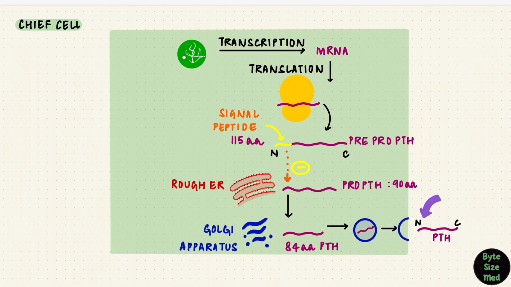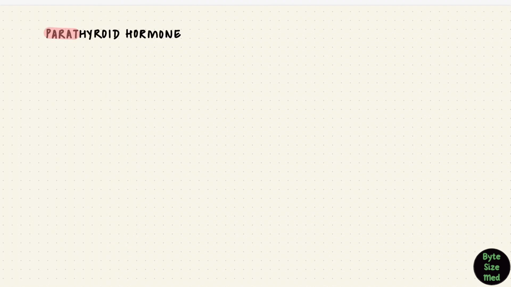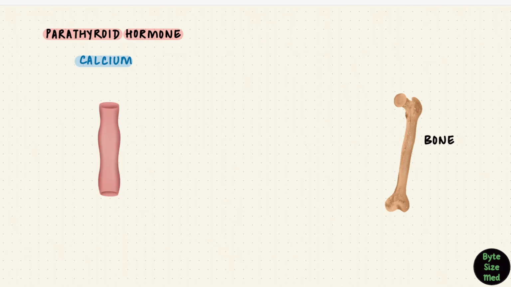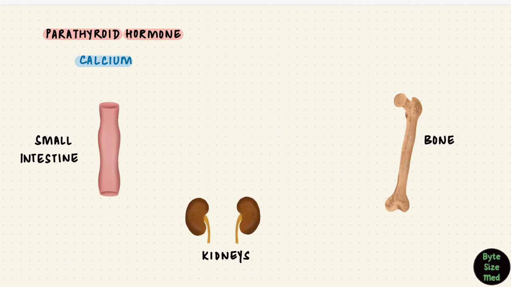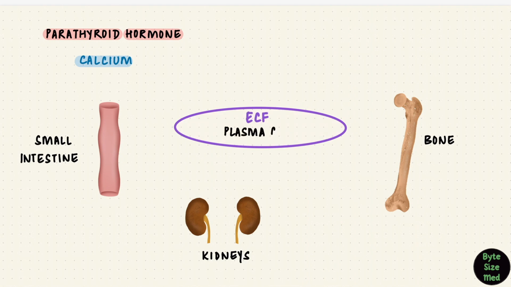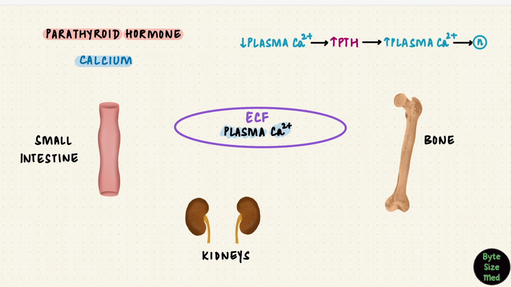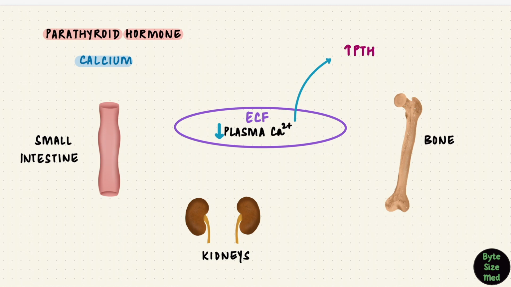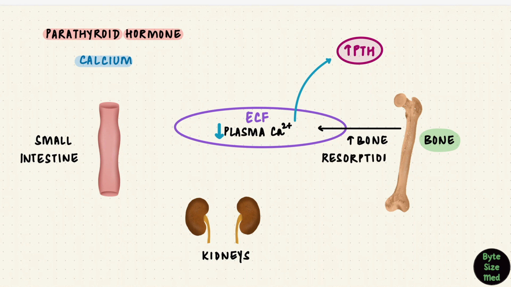And what activity is that? What does the parathyroid hormone do? It deals with calcium. It acts on bone, the small intestine, the kidneys to regulate calcium in the blood. What are its actions? When calcium is low, more PTH is produced, and it brings the calcium back up. When calcium is high, lesser PTH is synthesized and secreted. How does it do this? Well, on bone, it increases bone resorption, so that would release calcium into blood. It does that using things like osteoclasts.